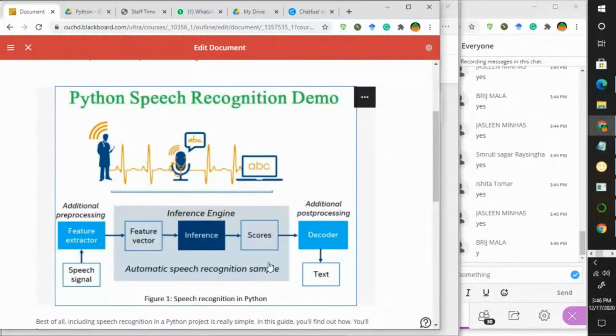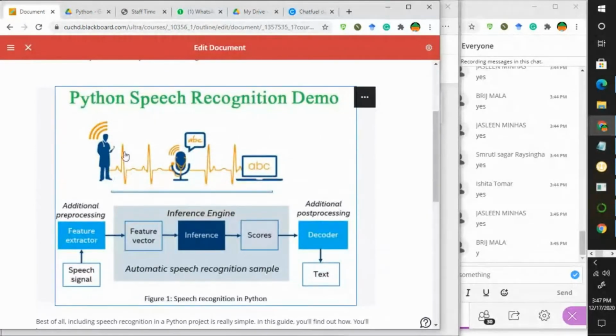This is the simplified block diagram of your speech recognition system. We will take the input with the help of your mic, then we use the feature extractor to extract the features. So what are the different features? Let's suppose that I am saying, hi, how are you?